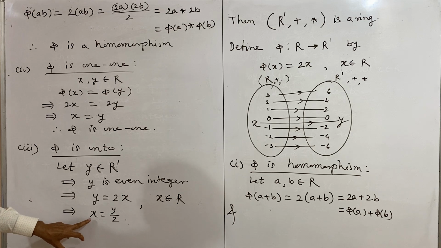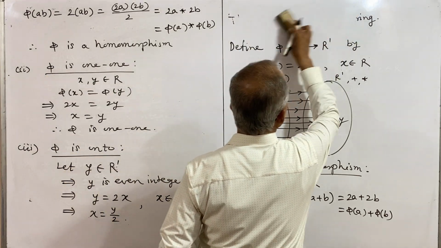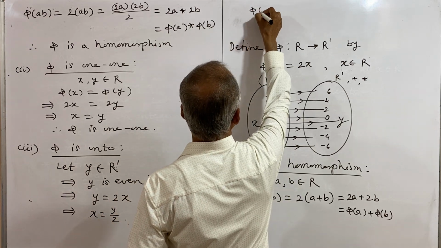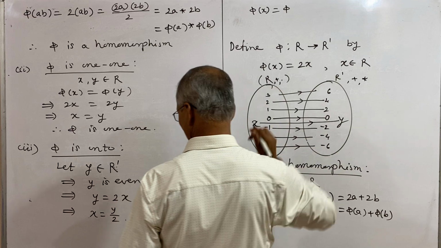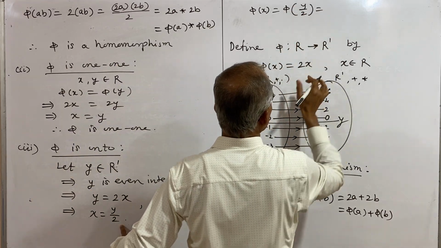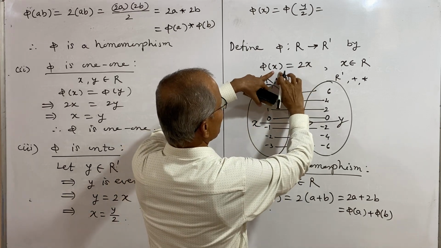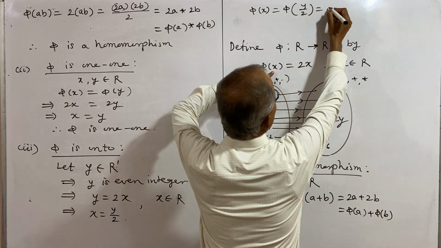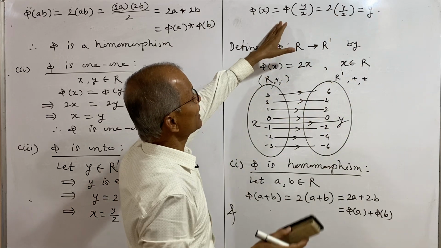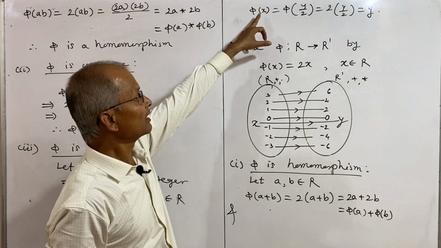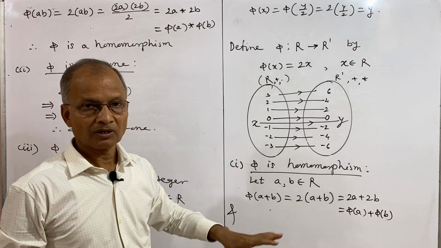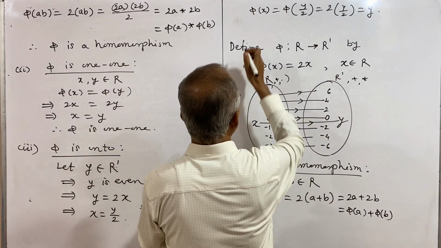And now what is phi of x? Phi of x is equal to phi of y upon 2. And what is phi of y upon 2? By this definition it gets doubled. So this is 2 into y upon 2, and that is y. And thus we have obtained an inverse image of y under phi, which is x. So phi of x is equal to y. This shows this mapping is onto. Therefore phi is onto,